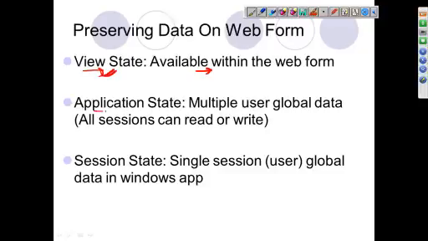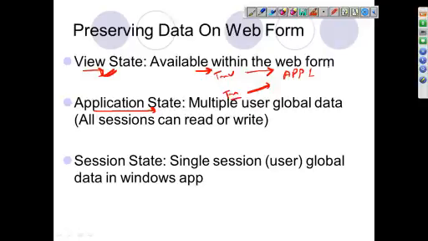Now there is another one, which we call the application state. Application state is global to the application, or common to the application. Once an application is running, there are multiple users or multiple sessions started. Let's say I am using this session, and someone else comes and uses another session.